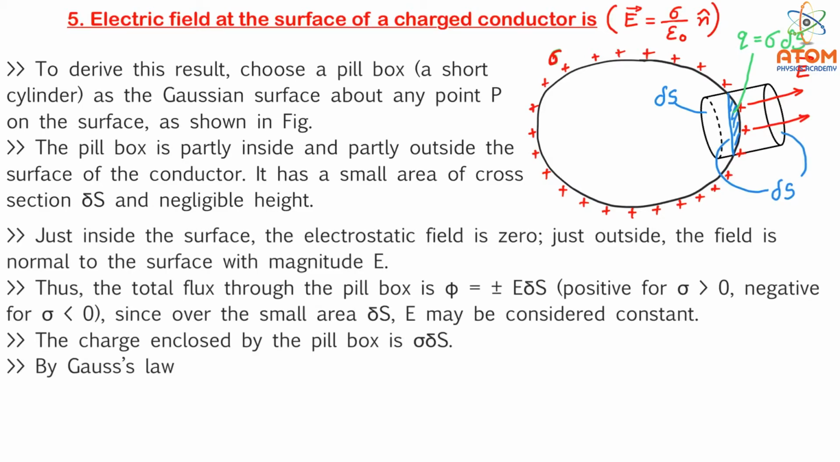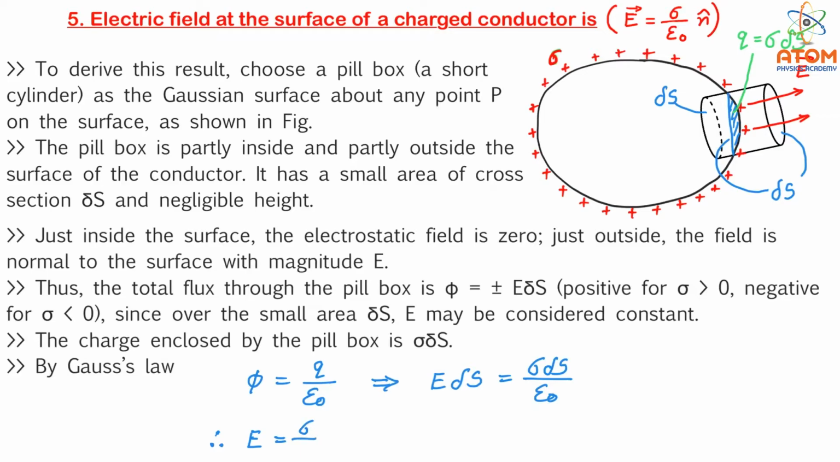Now we can apply the Gaussian equation. We know that as per the Gaussian equation, flux phi is Q upon epsilon 0. And flux phi, as we have already derived, is E delta S. Right now I am taking the positive value only. And Q, as we have already discussed, is sigma into delta S upon epsilon 0. So obviously this delta S will be cancelled out, and so we can now write that electric field E is equal to